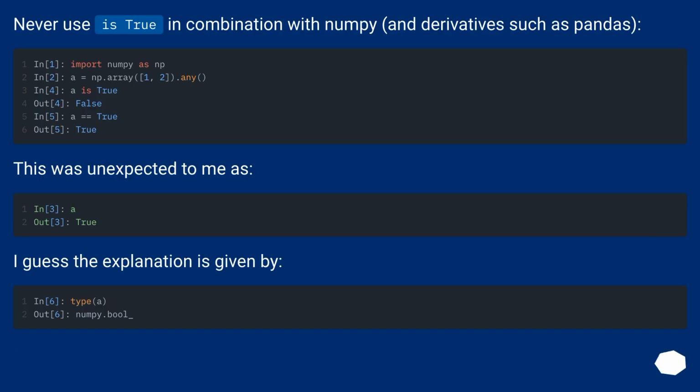Never use "is True" in combination with NumPy and derivatives such as pandas. This was unexpected to me, as I guess the explanation is given by